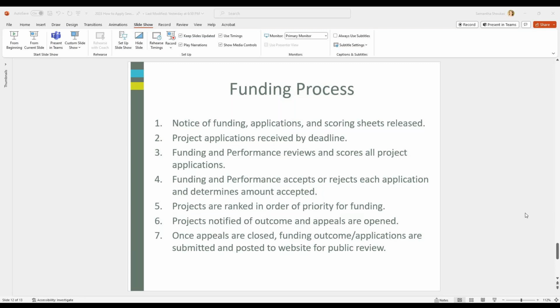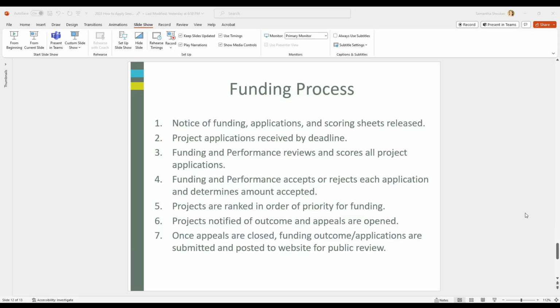Projects are always notified of the outcome of their applications and their ranking, and then there's always an appeals process following that notification, to let folks who feel like they've either been left out or were unfairly scored and ranked to be able to appeal. We have an entire appeals document on our website which talks about what's an eligible appeal and what's not. And if you have any questions about appeals, please submit them to the funding at fredericksburgcoc.org email, and that's also where your appeal would actually be submitted.